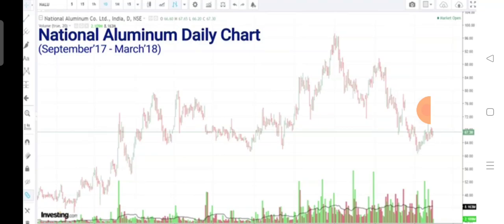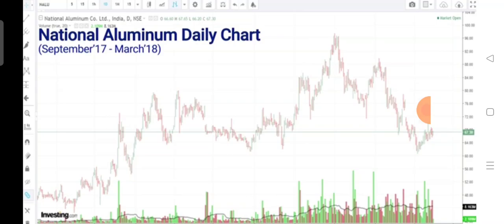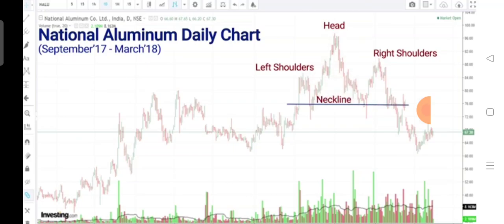So now let us look at an example of the head and shoulder. Here we are looking at the National Aluminium chart. Here you can see in the daily chart the head and shoulder pattern was formed. There were two dips, one on each shoulder, on the downside. Otherwise, the upper line that we have drawn we could call the neckline. Ideally it can be considered as the neckline because there was a one day breach in both cases. Otherwise, if you want to be very theoretical, you can take the bottom two points, join them and find the neckline, and once there is a breach below that, you can see how the price is going down.